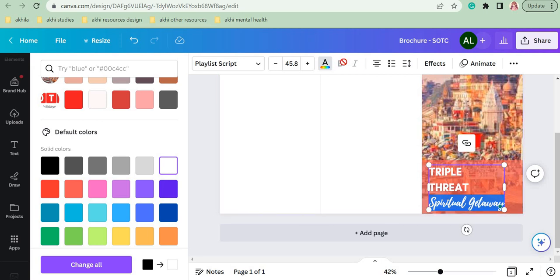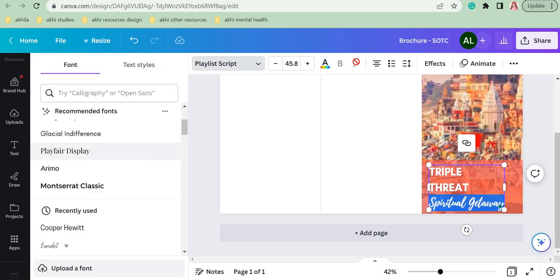For this, I don't want to make it bold anyway, so it is fine for me. But if you want to make it bold and you're not happy with it, then you have to choose another font, because the bold option is only there for some fonts. For some fonts it won't be there. So be very careful with that. If you don't want it bold, then it is okay, no problem.